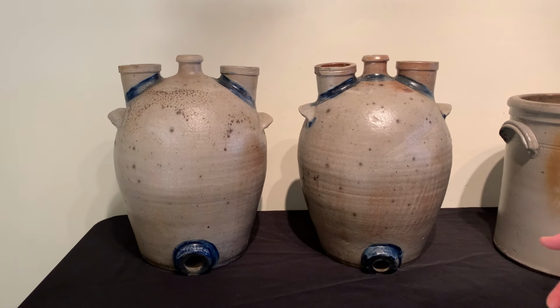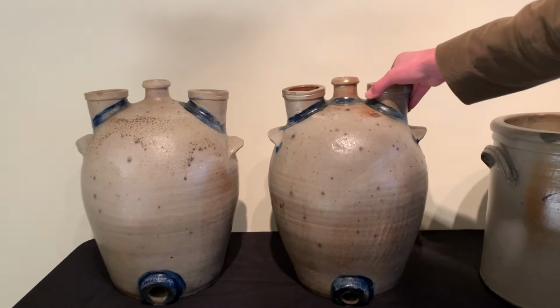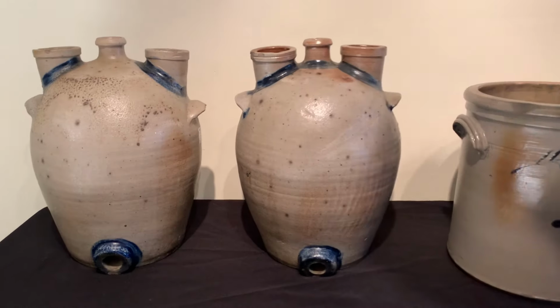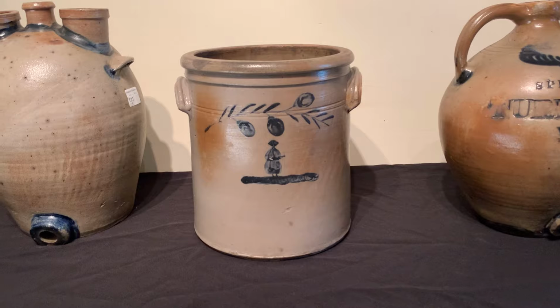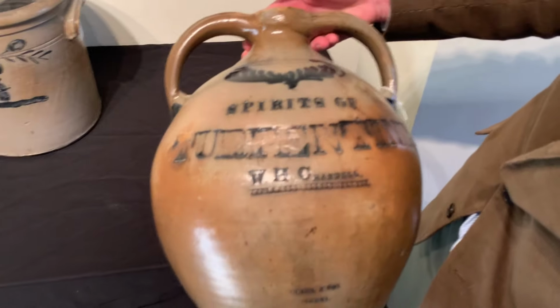You can find much later examples from Ohio, done in sewer tile and that sort of thing. But this is some of the earliest chemical stoneware you can find, with really interesting forms and nice brushwork as well. Classic people crock from Uniontown, Pennsylvania. A very interesting Spirits of Turpentine presentation cooler